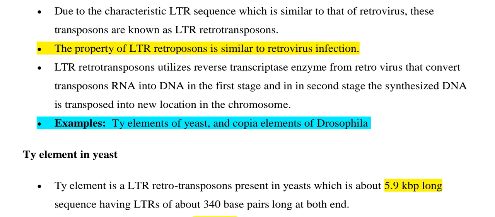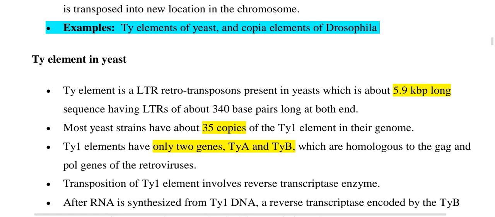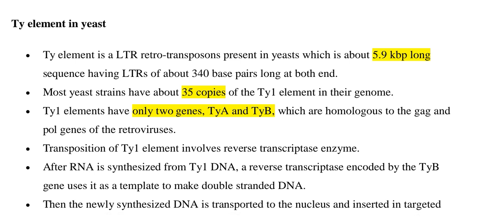LTR retrotransposons utilize reverse transcriptase enzyme from retrovirus that converts transposon RNA into DNA in the first stage, and in the second stage the synthesized DNA is transposed into a new location in the chromosome. TY element of yeast and copia element of Drosophila. TY element in yeast. TY element is an LTR retrotransposon present in yeast, which is about 5.9 kilobase long